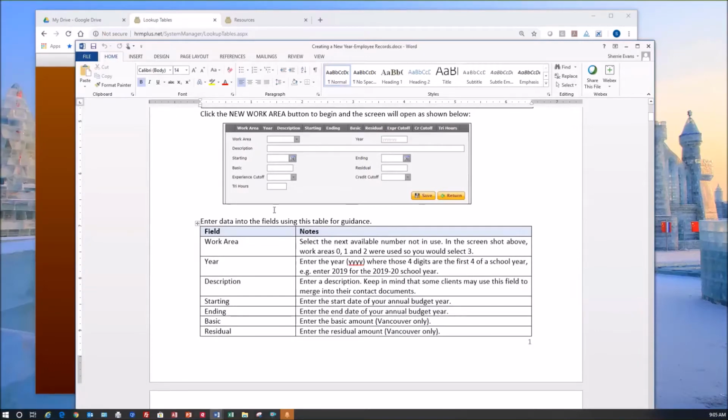So in the work area, you will select the next available number that's not in use, as I just showed you. And then you'll enter your year, which is a 4-digit YYYY. So for 2019-20, you would just enter the first 4 digits, 2019. And then you can have a little description. Now keep in mind that many of you use this description field to merge into your contract documents. So you may want it to say 2019-20,